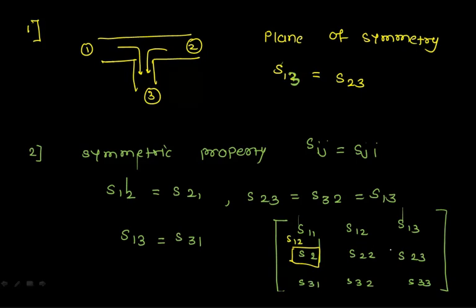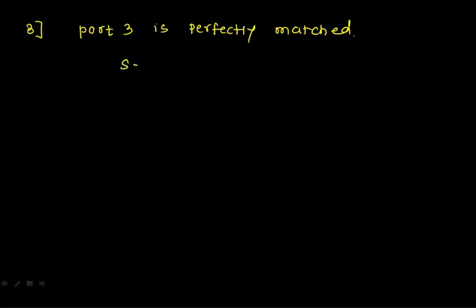Then S23, you replace it with S13. S32, you can replace it with S13, and with this particular one, 31 becomes 13 because of the symmetry property. Okay? So I'll just replace all those things. Now I'm going to use another property, which is nothing but, sorry, I'm not going to use this property over there, but the third thing which I'm going to consider is that I am assuming here that port 3 is perfectly matched. So if my port 3 is perfectly matched,